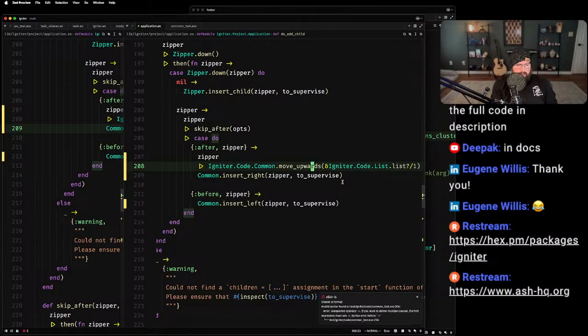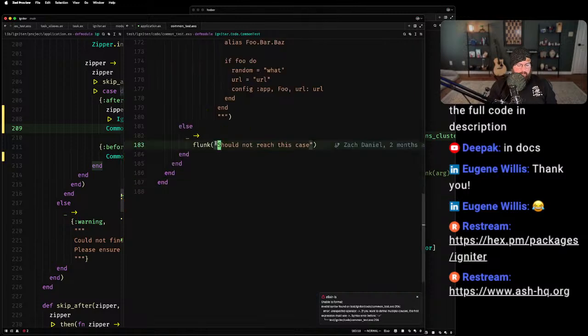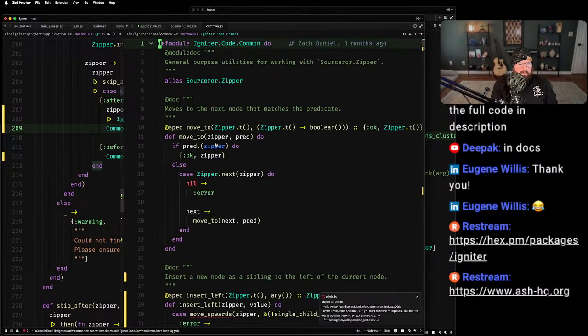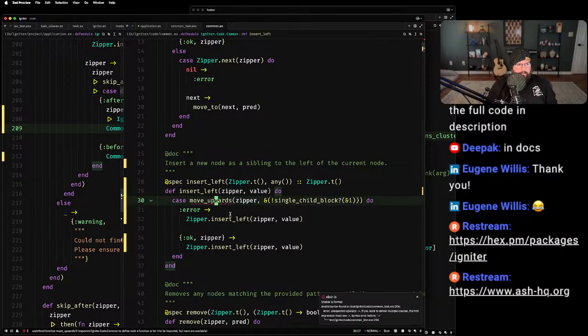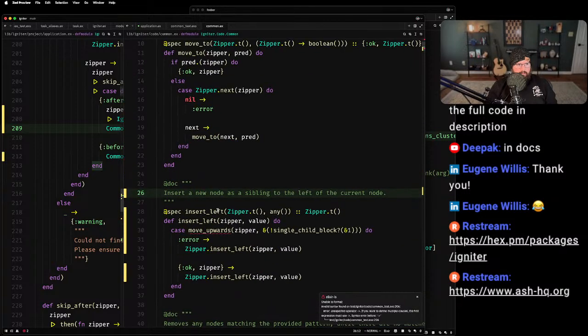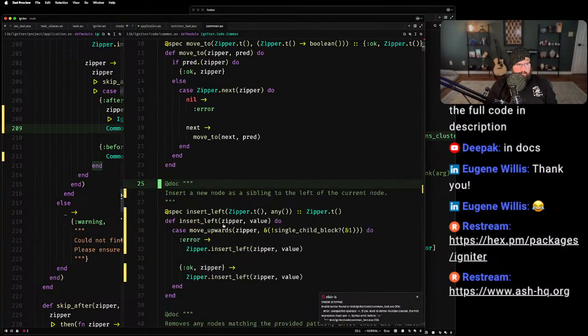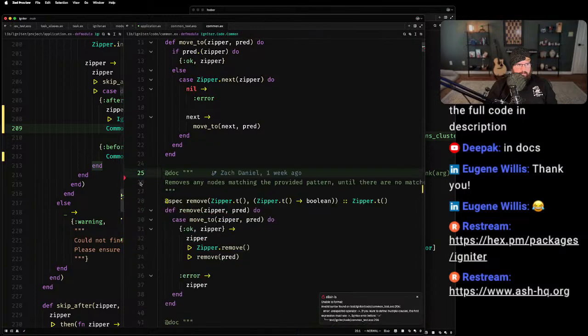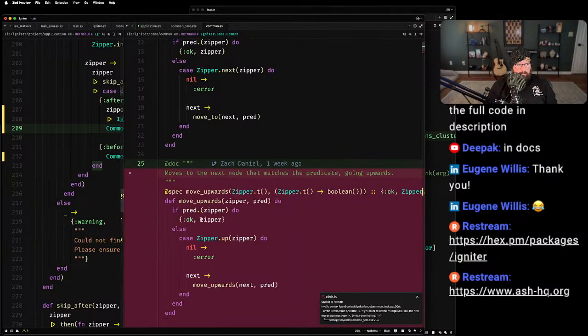It's like we need to not include... there's like an option to move upwards, I think actually, that needs to happen, which is, so when we say move upwards, we say... what? Oh, did I delete move upwards? I did, whoops.